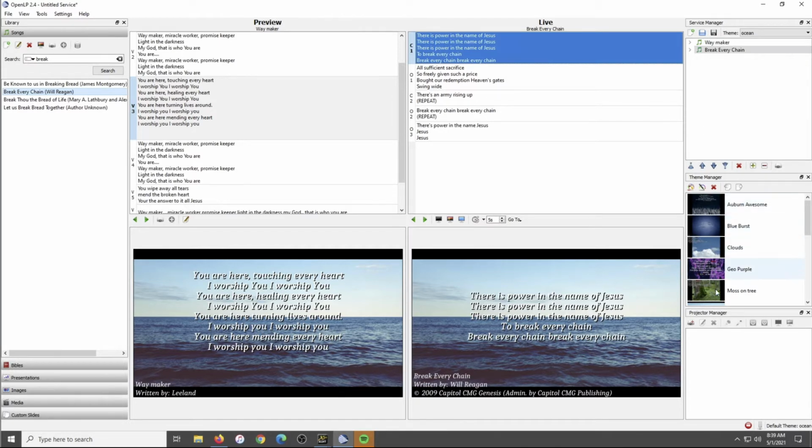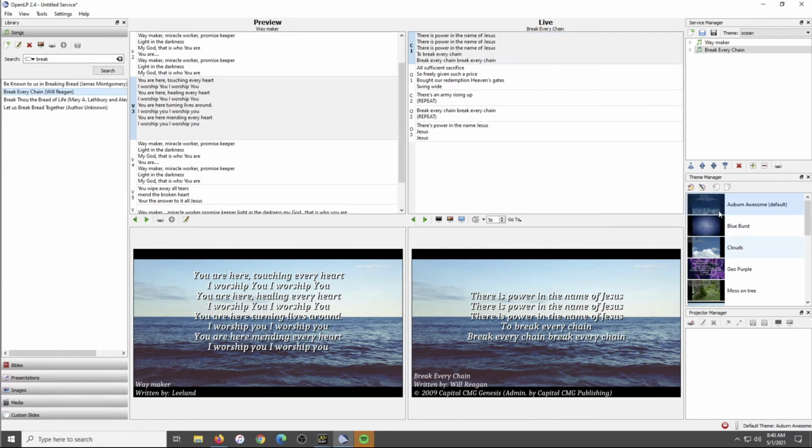I have a few different themes over here that we can use. It looks like we're using the wave theme for this service, but you can certainly go through some different themes. This is winter cheese here. Maybe that's not appropriate since it's springtime. I think everyone's ready for spring and water. Okay. So for our last song